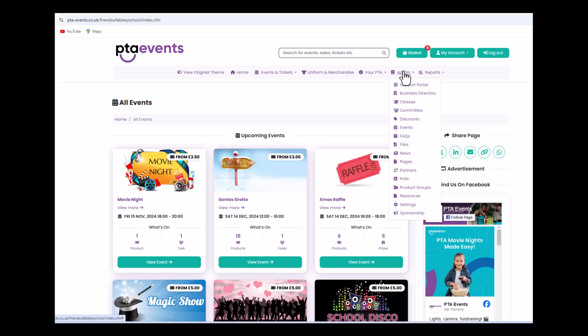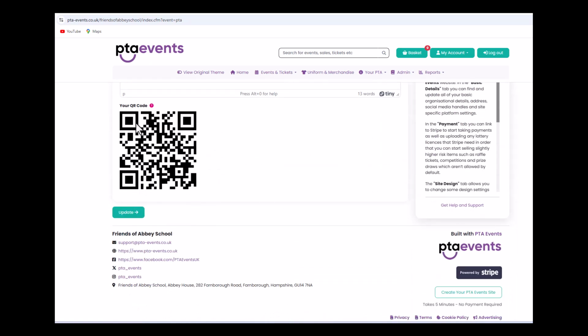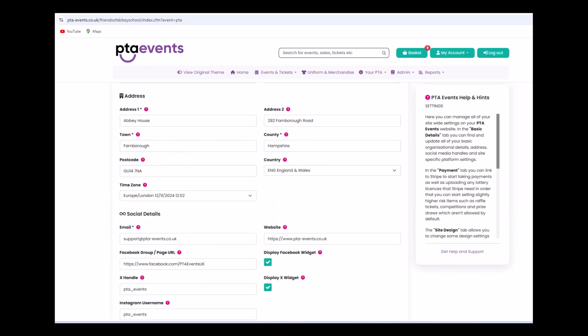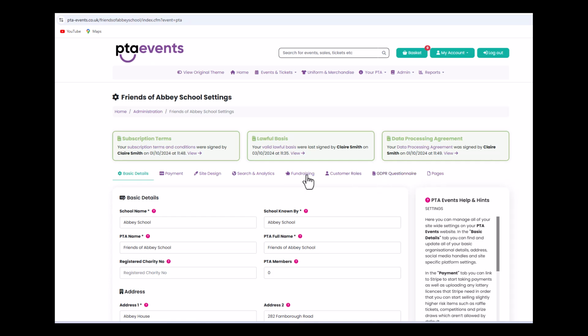From your main navigation, click Admin and Settings, and then scroll down to the bottom of the Basic Details tab where you can find your QR code. Here, you can also find and complete your site-wide settings, such as basic details about your organisation,